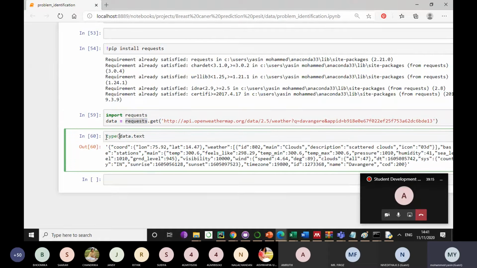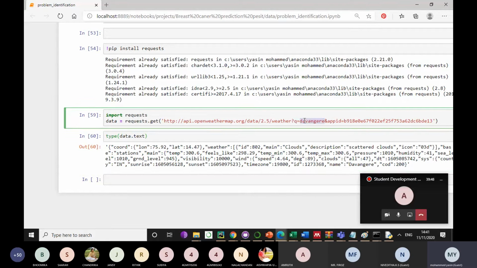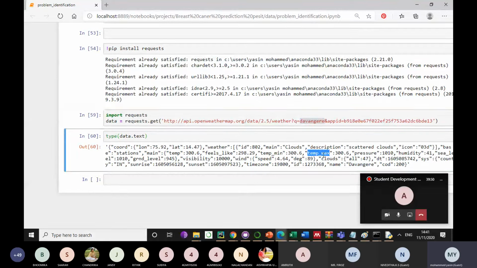Let me define my problem statement for now, the project I'm going to do. What is the problem statement I'm going to take, and how am I going to go about it. Right now I want to build a UI where if I enter the city name, it should tell me the temperature of the city. The moment I write the city name and submit, it should display on the screen the temperature of this city. Here I already have code where if I write the city name, it gives me the temperature, but the data is not so clean.